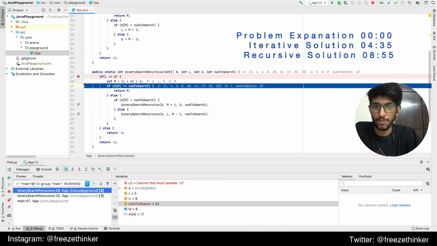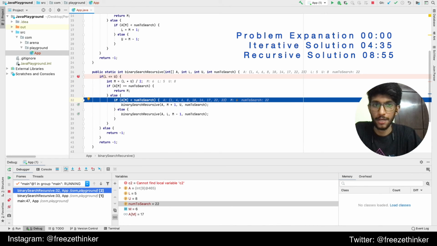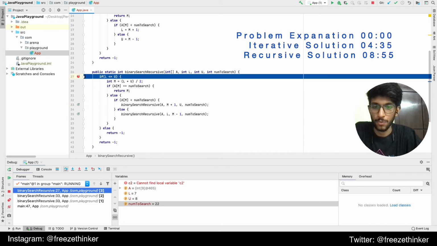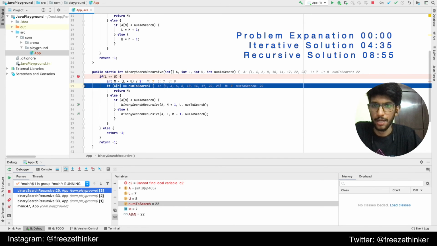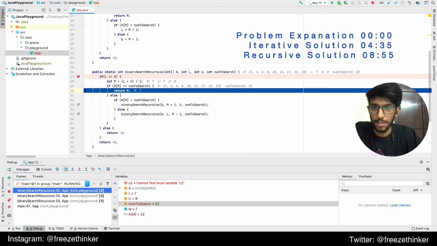A of m at 6 was also not meeting our condition, it's 17. We want to search for 22. We push the lower bound to 7. Our m now becomes 7, right? And a of m is returning m.